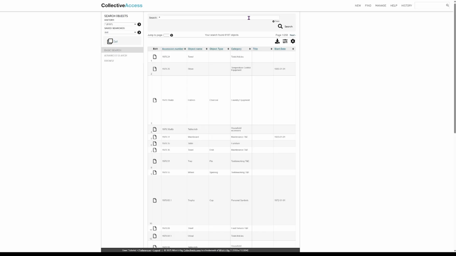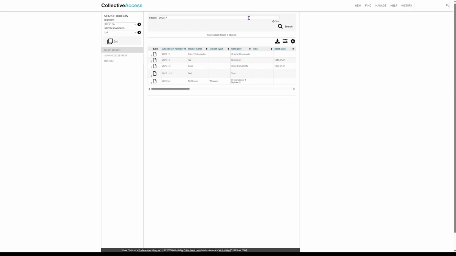Maybe I want to search for items that were accessioned in the year 2025. I can type in 2025 dot asterisk. And this will show me everything that was accessioned in 2025. Perfect. This can also be used if you found an object in your collection in real life and the label